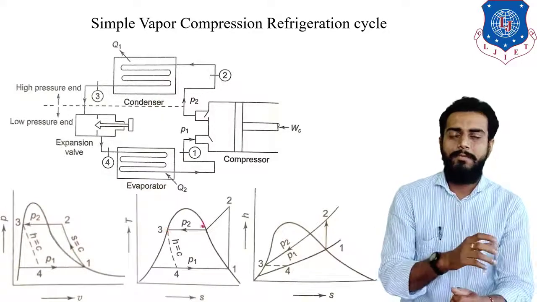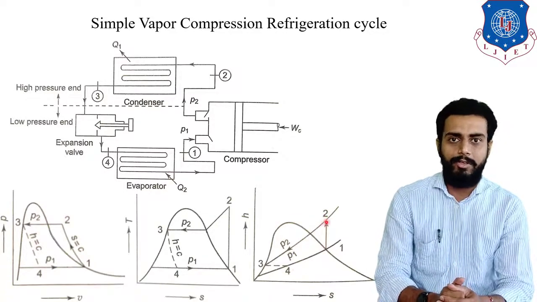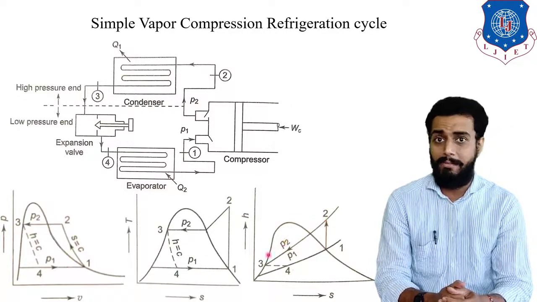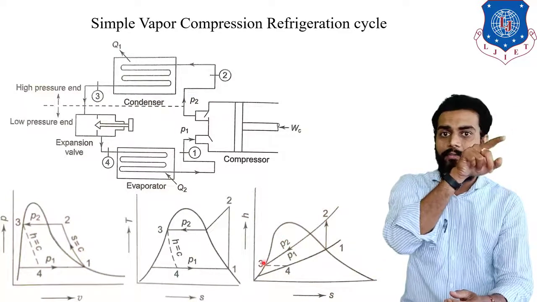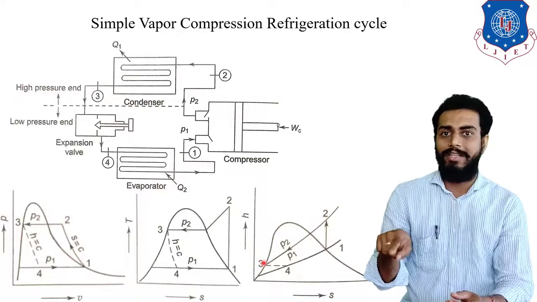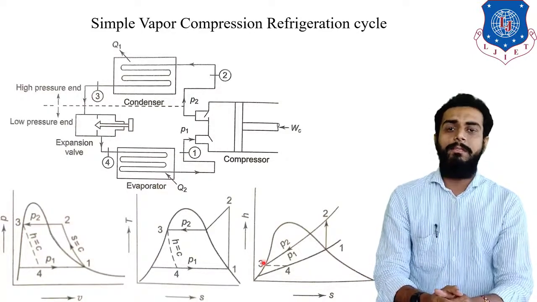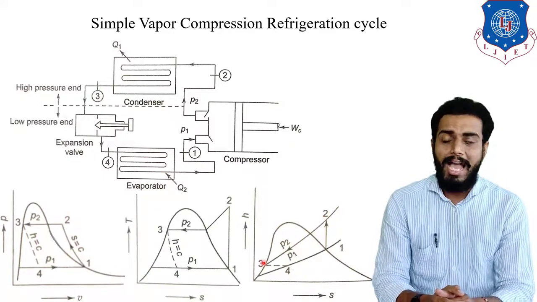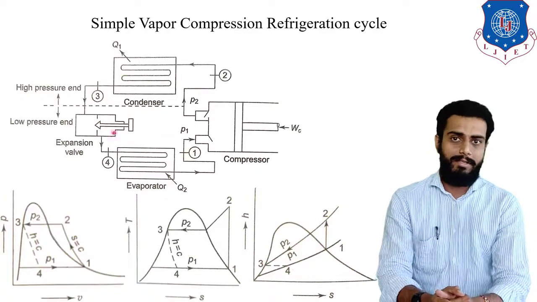Right? So obviously from 2 to 3 the enthalpy will decrease because you are converting vapor into liquid, so obviously the enthalpy will reduce. That can be visualized using the HS diagram. 2 to 3, 2 point is in superheated vapor region and 3 point is on saturated liquid line. Clear, students? Now at point number 3 we have high pressure, high temperature liquid refrigerant.